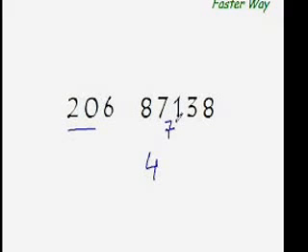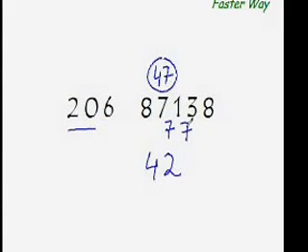Now our new dividend would be 71 minus 6 times 4, that is 24. So 71 minus 4 is 67, and then 57, 47, jumping 2 tens down. Now 20 goes in 47 how many times? 20 2 times is 40. So 7 is the remainder, and our new dividend would be 73 minus 6 times 2, that is 12. 73 minus 2 is 71, jumping down 10 is 61.